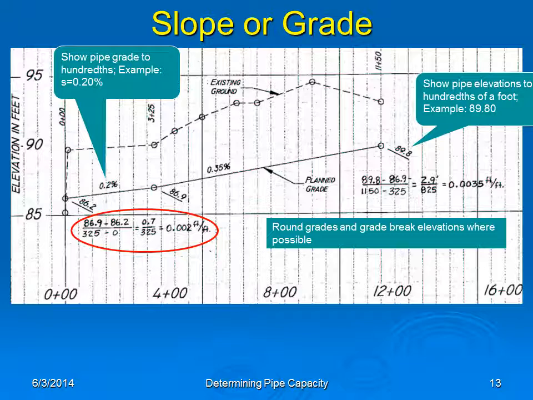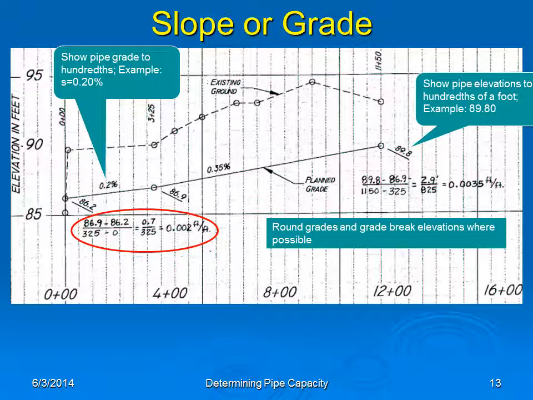This slide represents a drawing that illustrates the ground surface in the dashed line and then a flow line of pipe. On our drawing, grade is often represented by the letter small s. Some things to note here